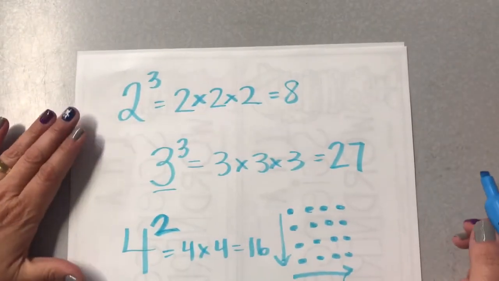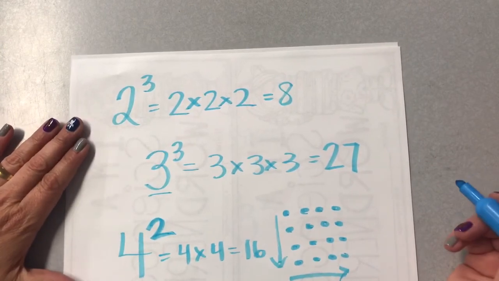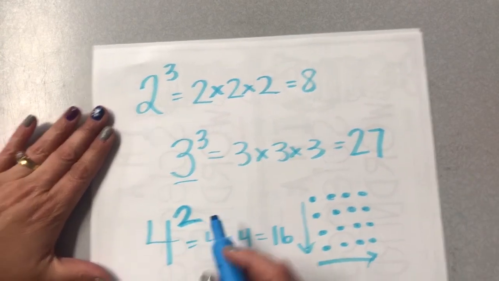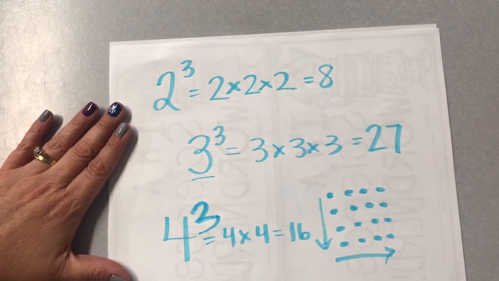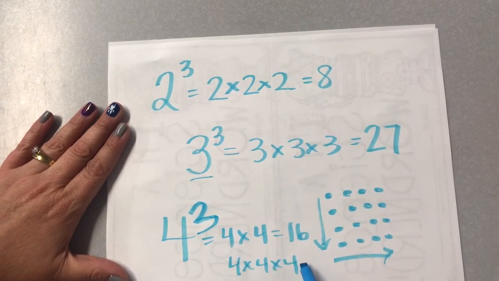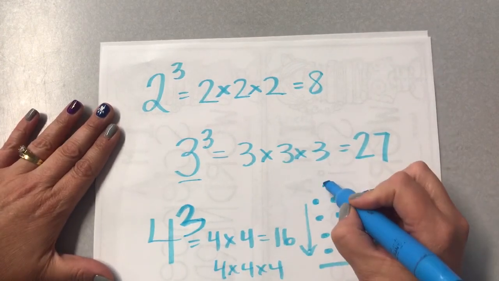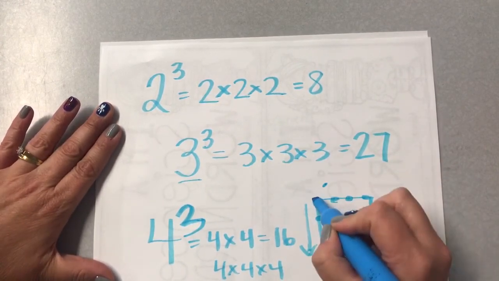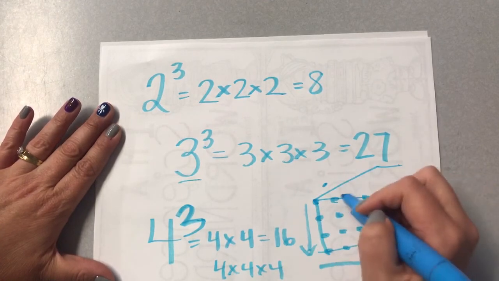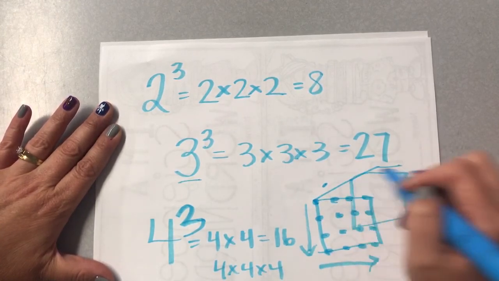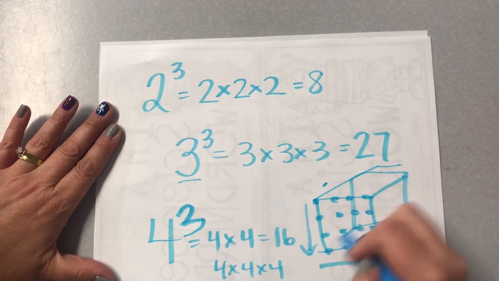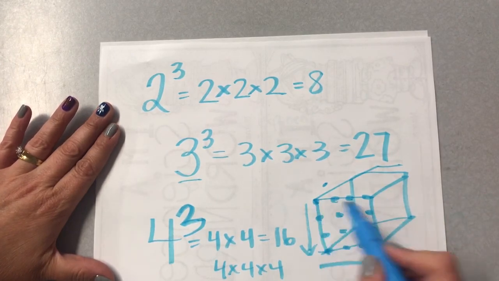If we have something to the third power, we would say it's cubed. So if I had 4 to the third power, it would actually be 4 times 4 times 4, which would be 16 times 4. 16 times 4 is 64. So it would actually be, if I were going to make a cube, and let me do this a little better, and connect those, okay? This would be 4 times